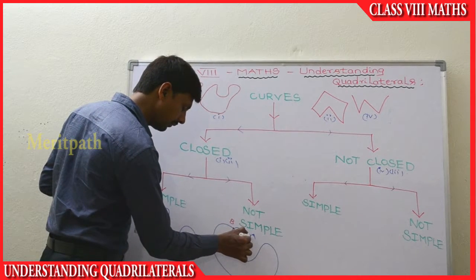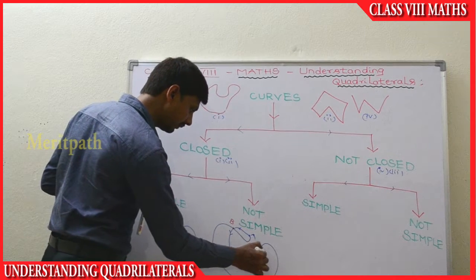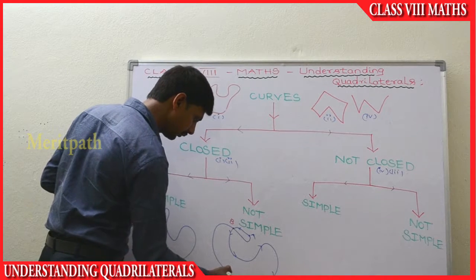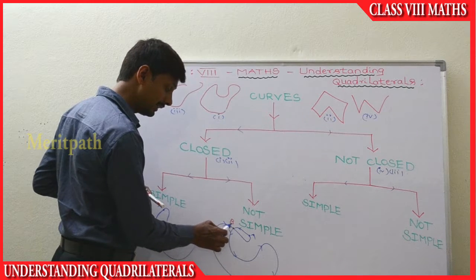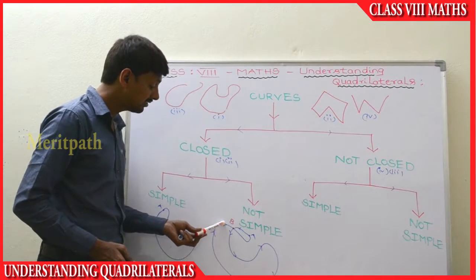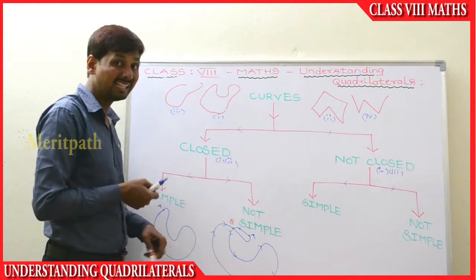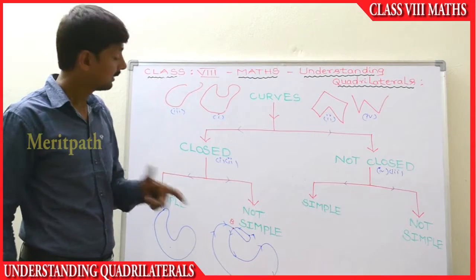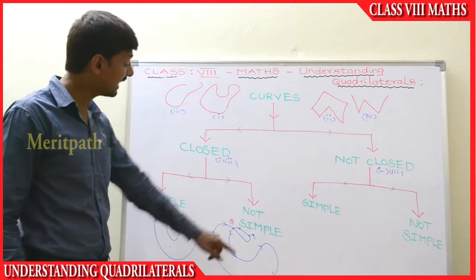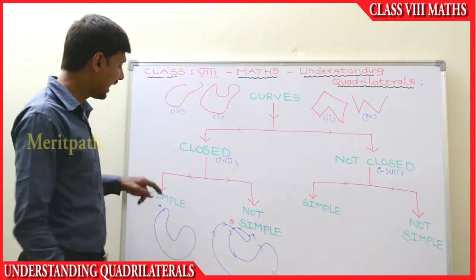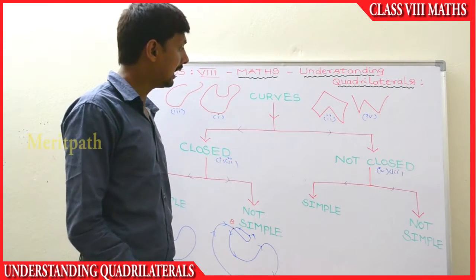Let's recall. We started from here in this direction. In this direction we have drawn. You can look here, the line is intersecting itself. This line is intersecting the line we have drawn previously. When this kind of intersection comes, we call it not simple, but it is a closed curve. So this is simple and closed curve. And coming to simple and not closed,